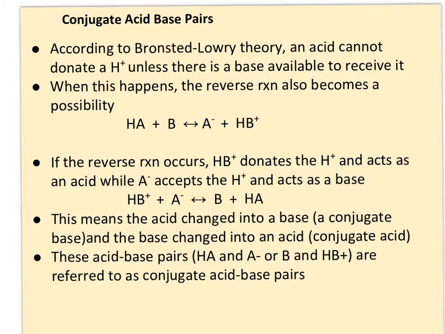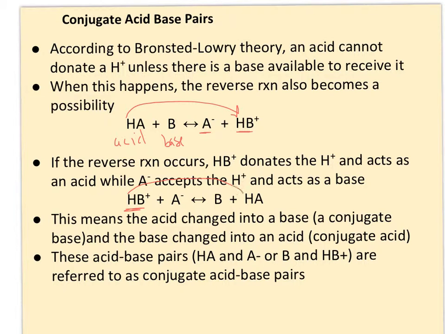So in my first reaction here, my forward reaction, I have HA, my acid, so hydrogen with some anion group. I've got my base, and then on the other side, the A- has donated the H. So you see the H is gone over here, and it has moved over to the B. So the acid is left with a negative charge, just like we predicted. The HB+ has picked up a positive charge and taken that hydrogen ion. But now what if we look at the reverse reaction, because it became a possibility? In the reverse reaction, where I've rewritten it as a forward reaction, HB+ now would be the one donating the hydrogen. So up here, the H was donated.